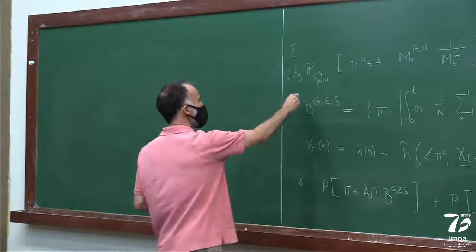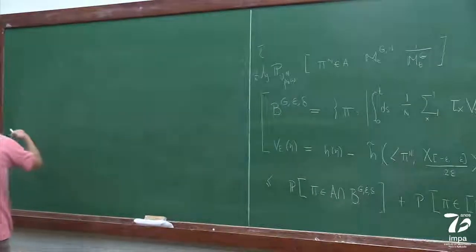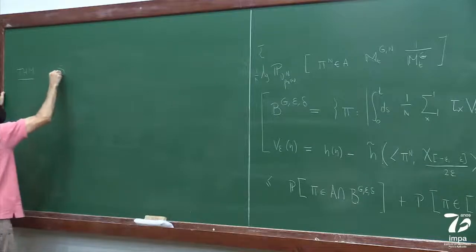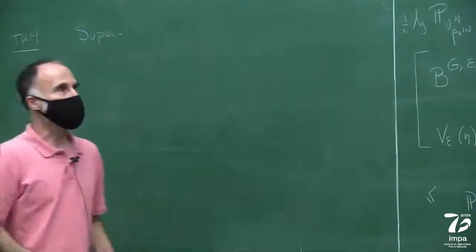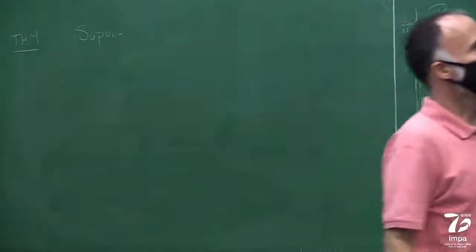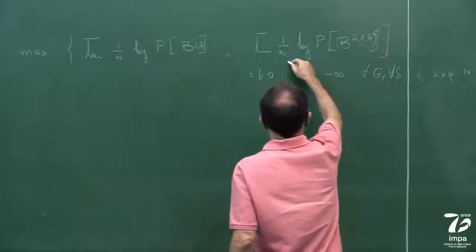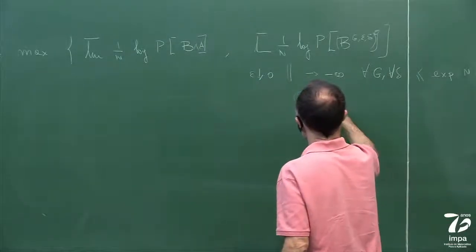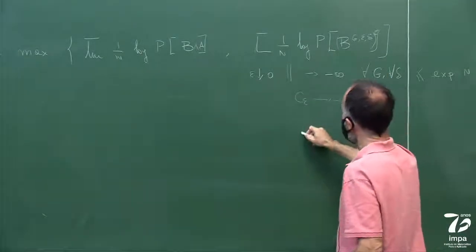So here is my definition of my set and my claim. So it's a theorem. And this is what's called the super exponential, because it's super exponential, right? So we are showing that this limit is equal to a constant epsilon, which converges to minus infinity, which means that this probability,